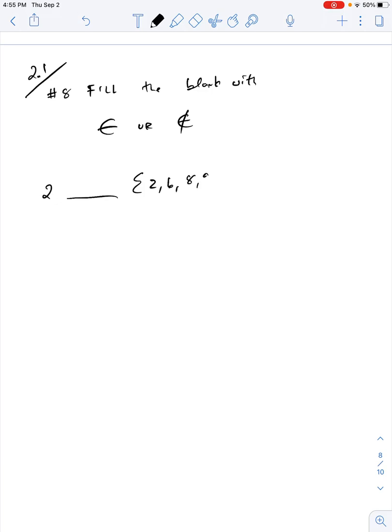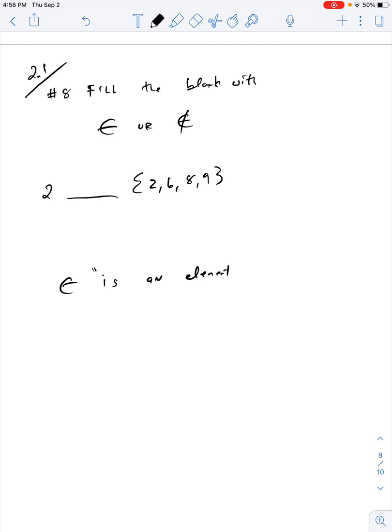Okay, so we are looking at number 8, still in the same section, 2.1. Number 8 asks to fill in the blank with this notation or this notation. We have 2, then we have this blank, that's what we're filling in, and we have the set 2, 6, 8, 9. So remember that this notation means is